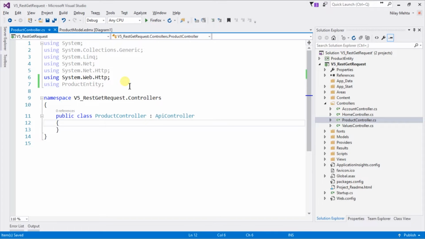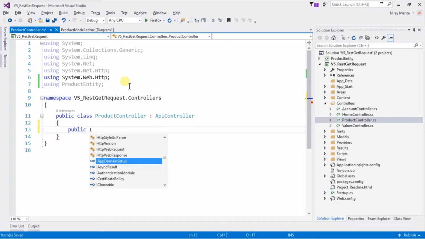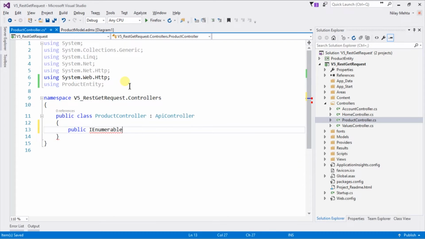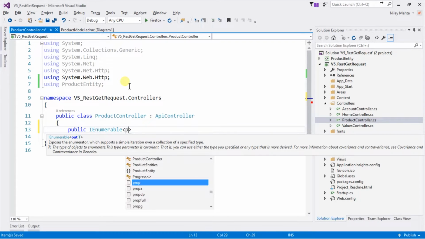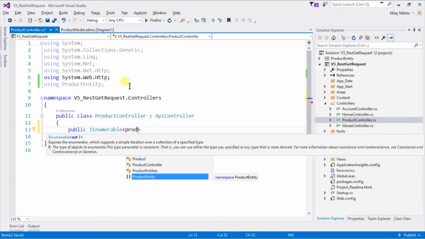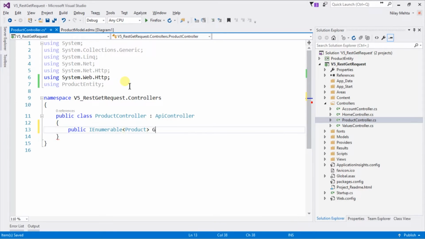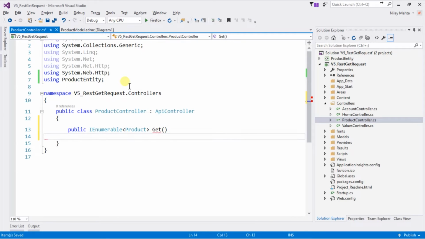First of all, we will retrieve all of the data. For that, I am going to write public enumerable of product Get method, which does not require any parameters,